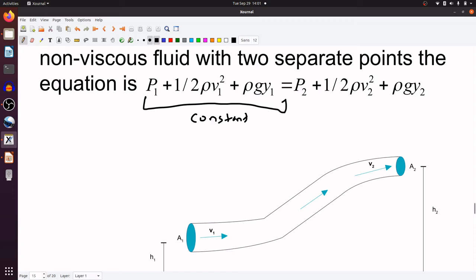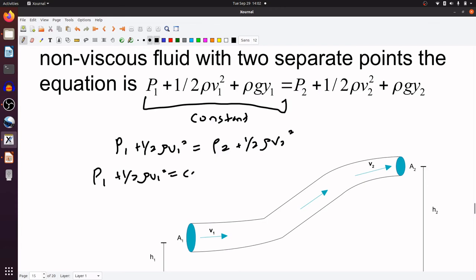Another implication is, let's say it doesn't quite change heights. Let's say it starts and ends at the same height. And so that would actually reduce to P1 plus 1/2 of rho V1 squared equals P2 plus 1/2 of rho V2 squared. And assuming we're still going with that constant metaphor, if one of these sides is equal to a constant, so P1 plus 1/2 of rho V1 squared is equal to some constant,